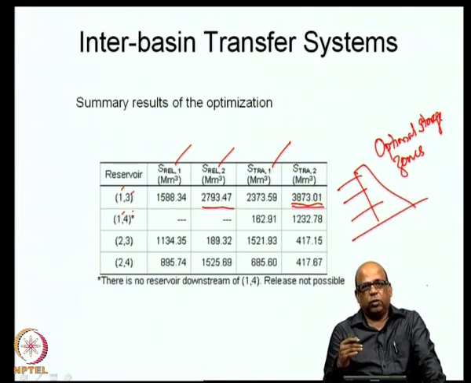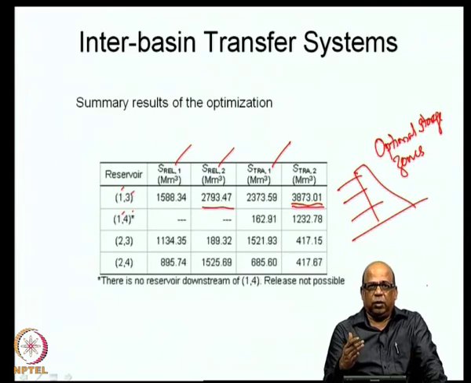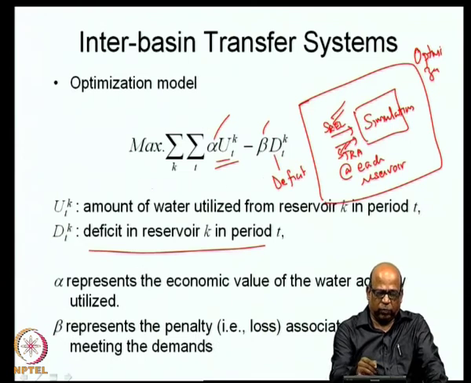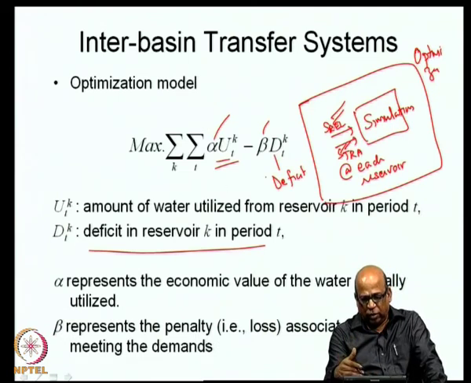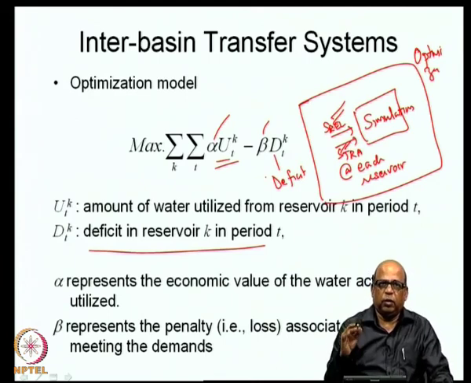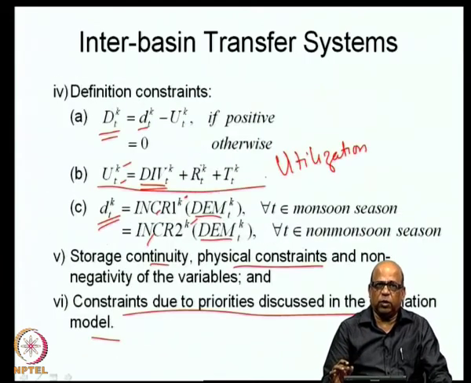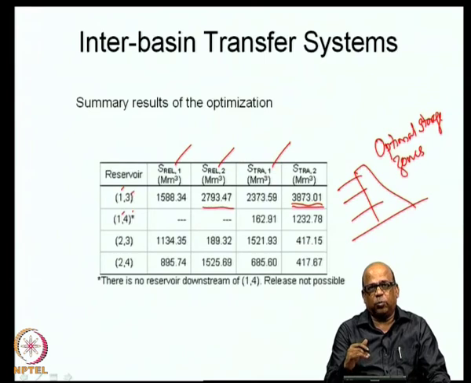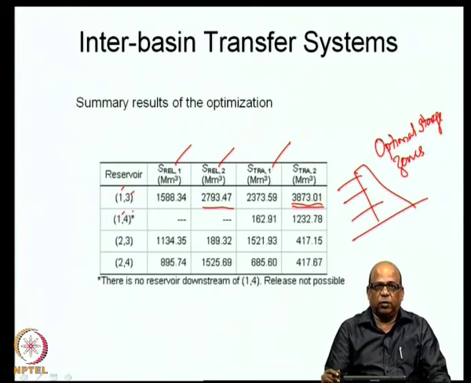Then we ask the question, how good are the solutions? If we meet all of these, it has maximized some objective function, and therefore, it has done some nonlinear search and finally provided us with the optimal storage zones at each of the reservoirs. But how does the system perform if we use these kind of storages over a long period of time, is the question that we need to answer now.